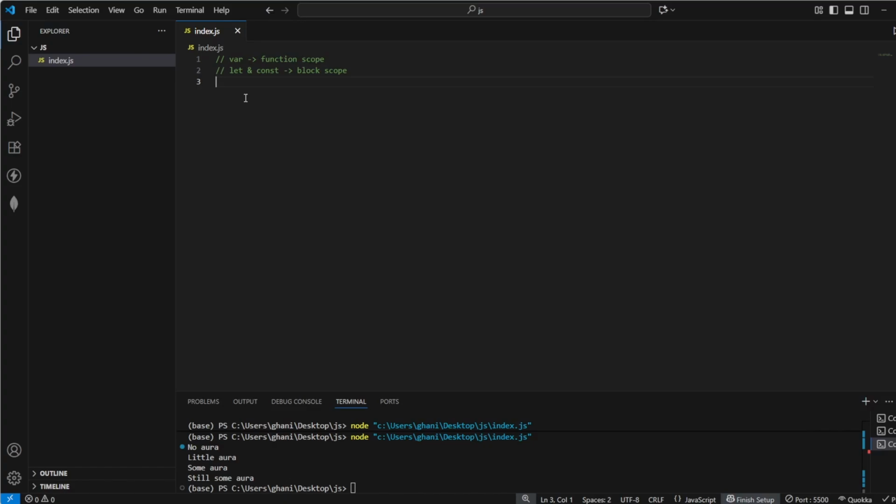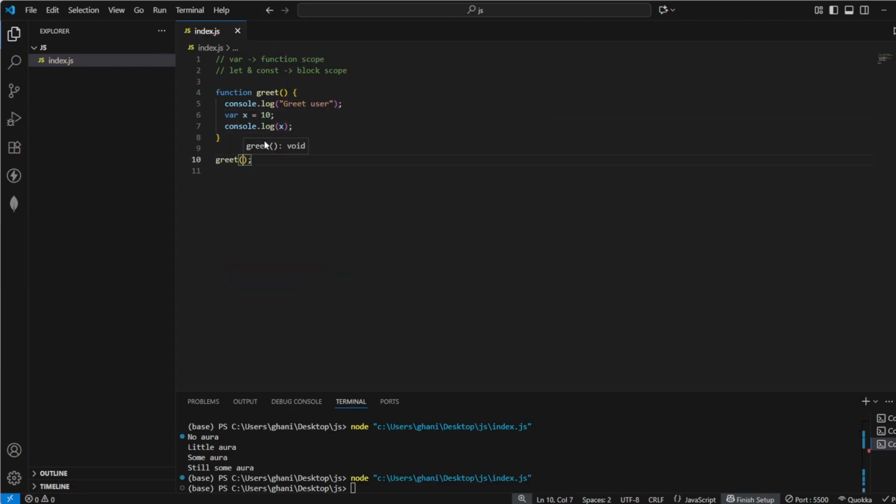Let me show you the difference between var, let, and const in regards to scope. So let's imagine we have a function. That function has the name greet, for example, and we're just going to console.log greet user. And if we define a variable that has the name x, for example, and we're going to say x equals 10, and we're going to console.log x, and we're going to call this function, and now we're going